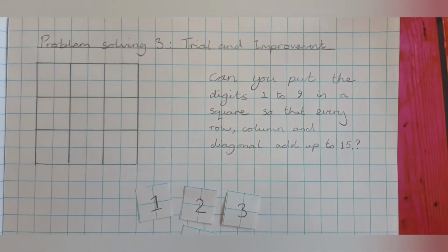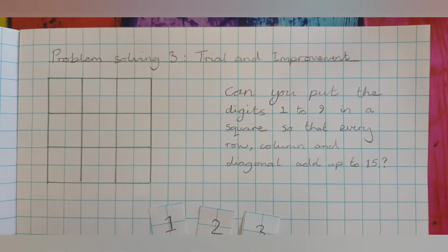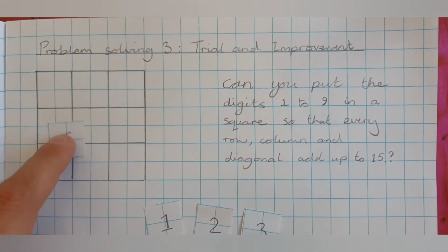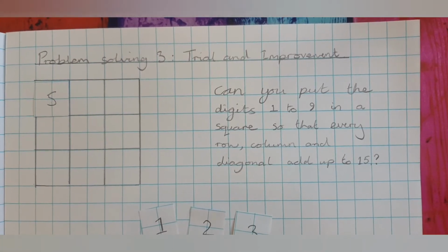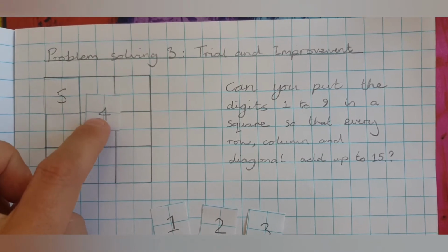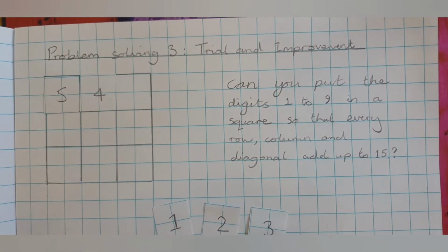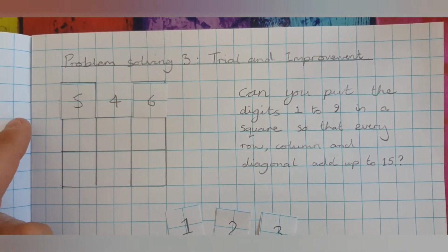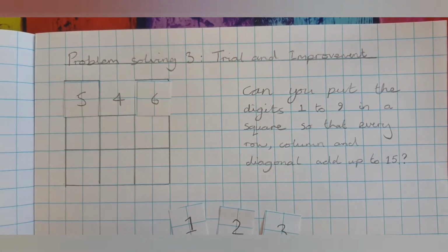The best way to get started with this is just to have a go. So I'm just going to put some numbers in here and see what happens, but I'm going to think about it as I go. I'm going to start with 5. So I need to get 15 altogether. If I have 5, maybe if I put a 4, that equals 9. So now I need a 6 there. So that's good. I've made 15 here. Now let's see if I can make 15 this way. So 6 plus